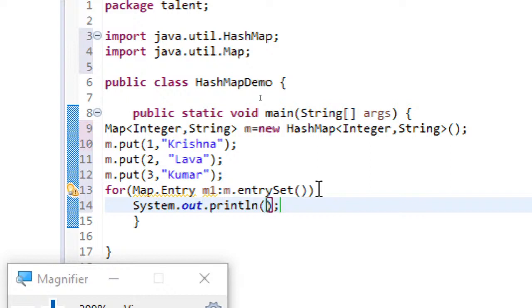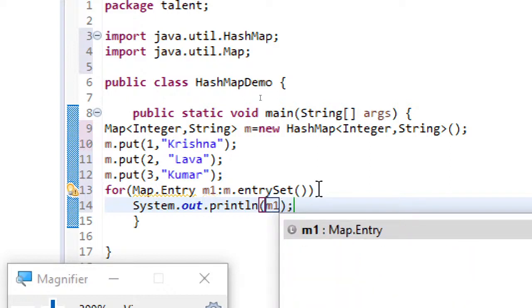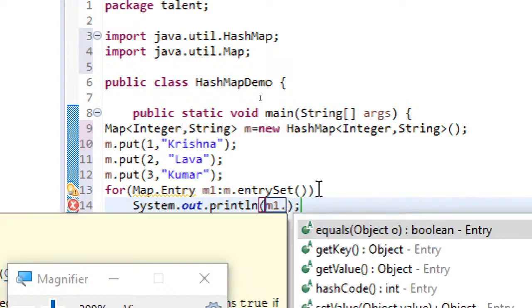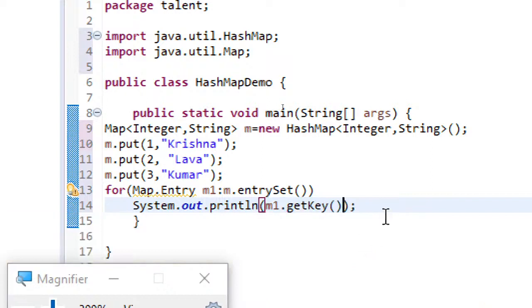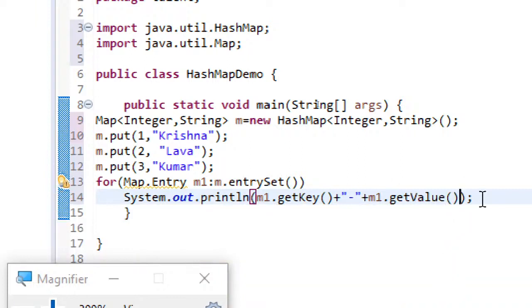And again the same things we will be using, m dot, sorry, m1. Here my variable is m1 dot, here again the same getKey, and concatenated some separator to separate this key and value, and then again concatenate and get that value. So this is another way of retrieving values from the map.